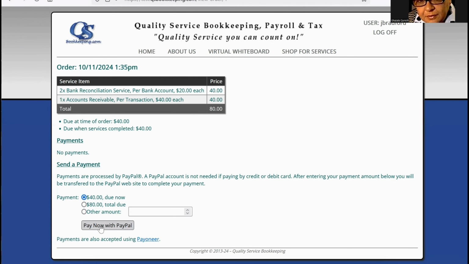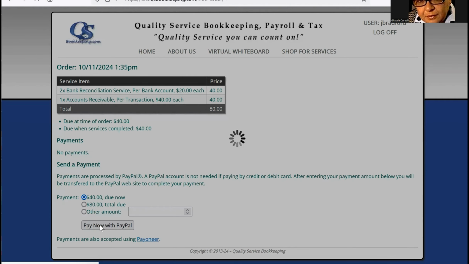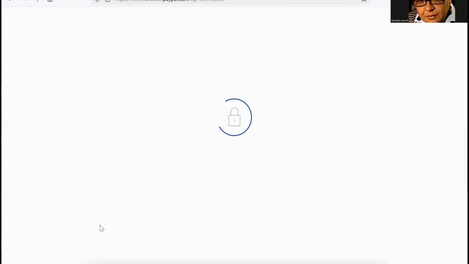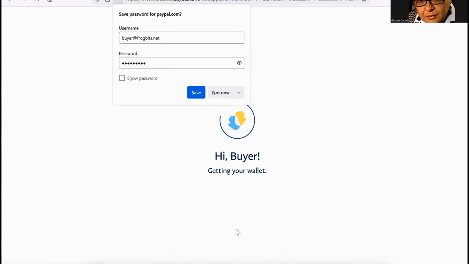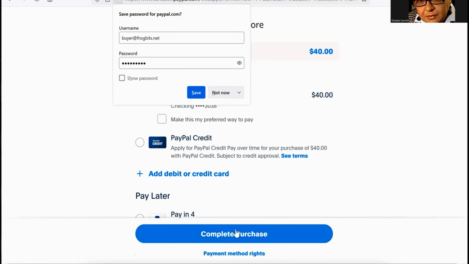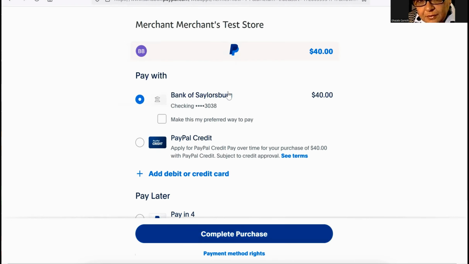And you're going to click Pay Now with PayPal. So let's put in the password. And that will